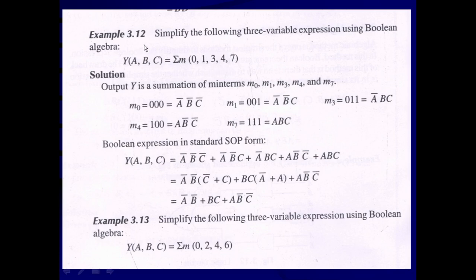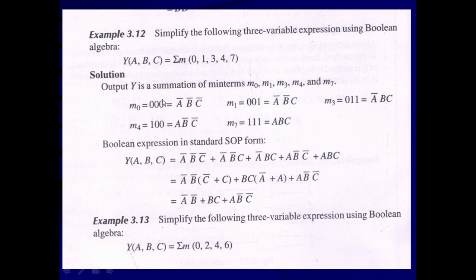That means we have to convert this into the standard sum of product equation, which we can obtain from these min terms. Each term must be a min term, where all the variables are present. This is the three variable truth table ABC, and hence we have to write the Boolean expression in terms of the three variables. The first min term is going to be M0.